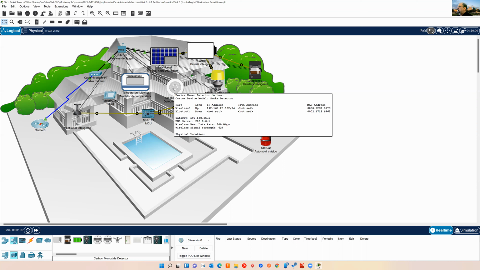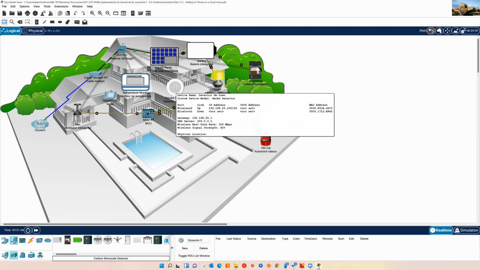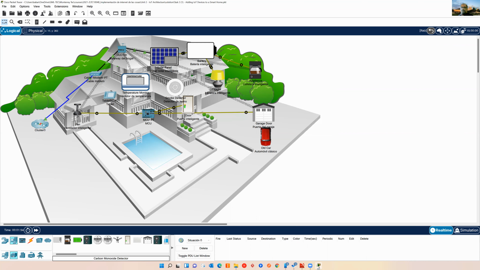192.168.25.102 is the IP address. You have the MAC address. You can see the gateways and other information. Okay, it's very important to identify, for example, if the device captured or got the correct address. So the first thing that you see in the lab,